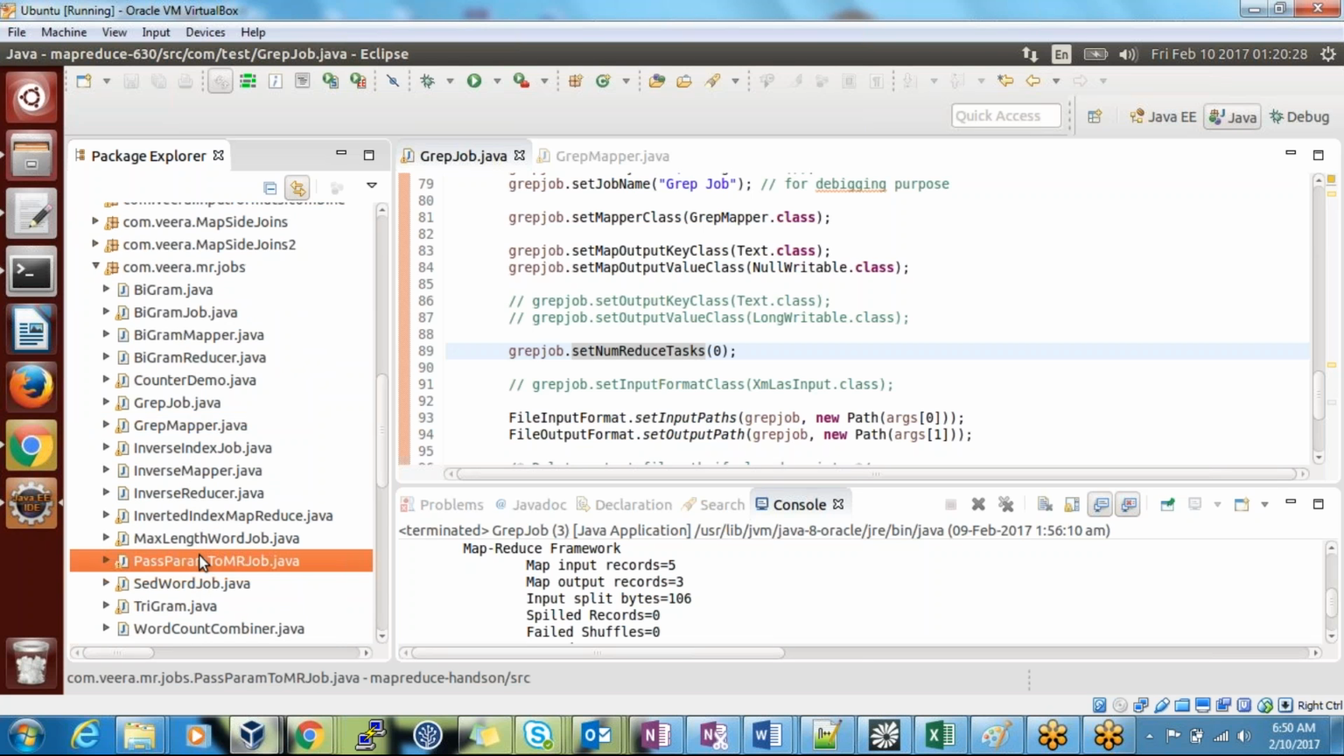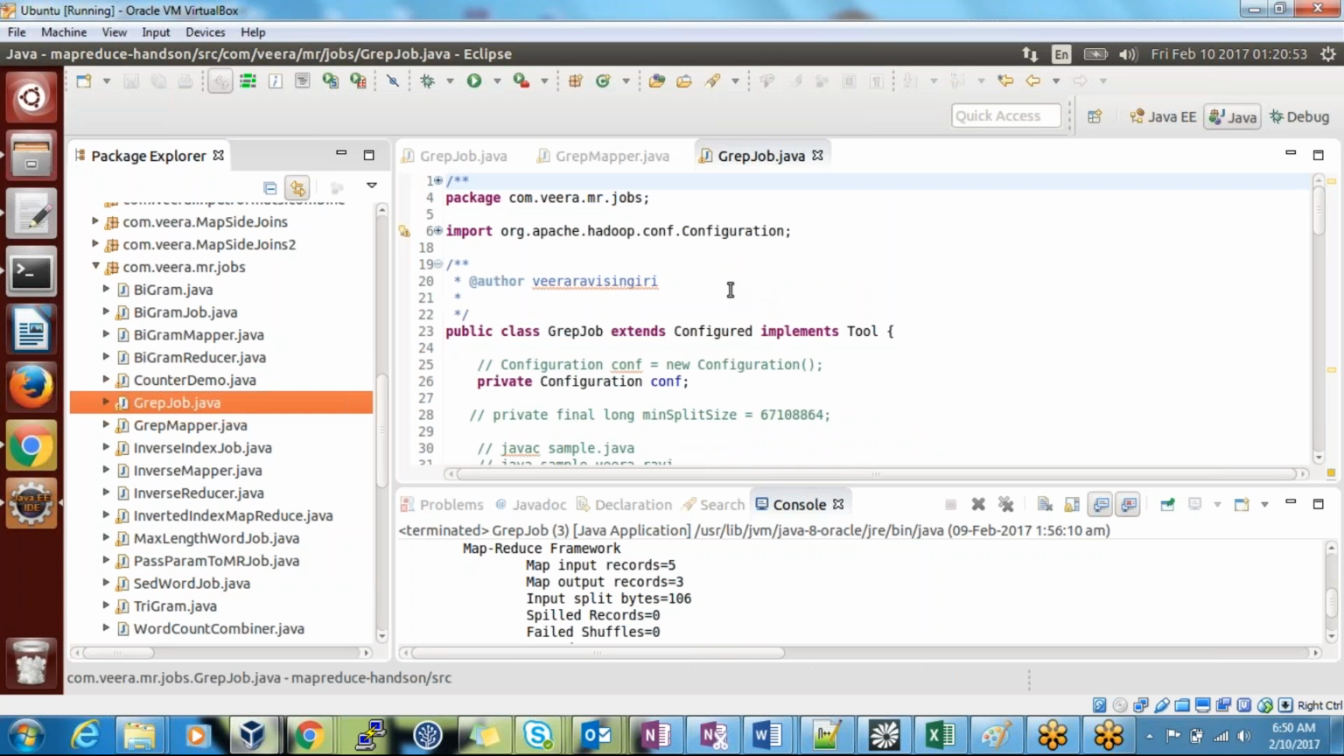First we're going to see something called passing a parameter to a Mapreduce job. How to pass a parameter to a Mapreduce job? Whatever grep program, whatever set program you have done, that is hard coded. That is hard coded. Yes or no? If you see your job, maybe in my case it might be different, but in your case,